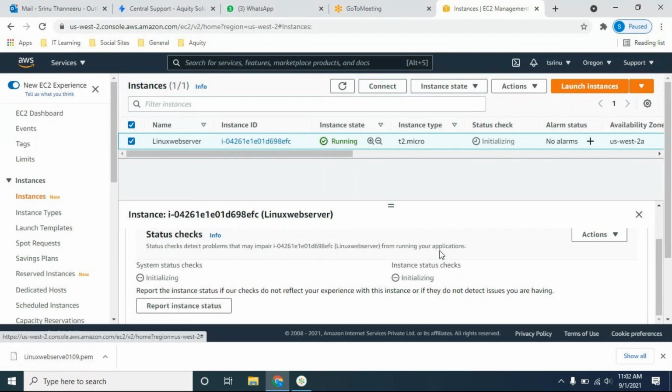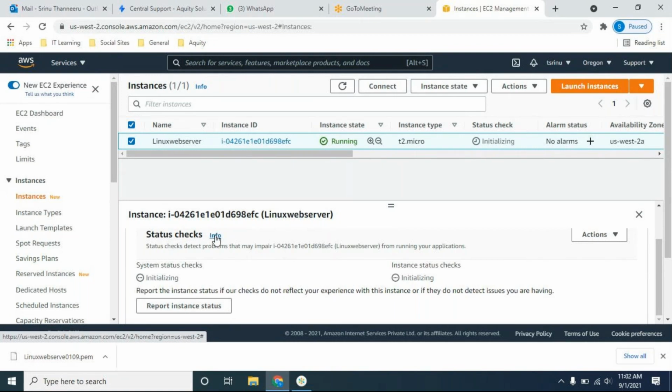Are these status checks a prerequisite for the server? Yes, the status checks are mandatory. Both statuses should be success or okay.